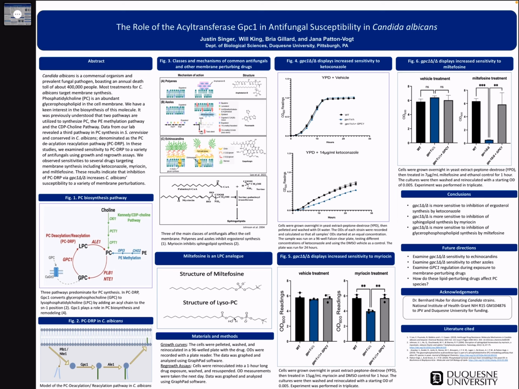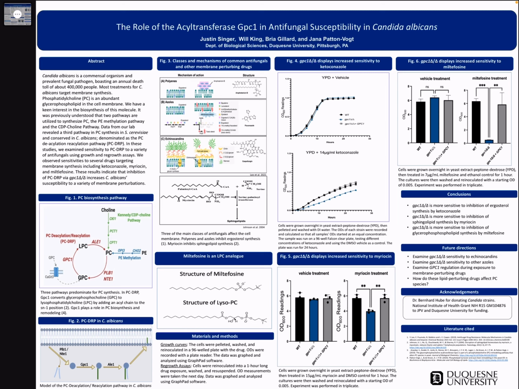For a little bit of background, Candida albicans is a yeast species that's a fungal pathogen, and it kills about 400,000 people per year. And most of the drugs for this are focused on membrane synthesis, or causing some disturbance in the cell membrane. This is important because Gpc1 is a protein that was discovered by a graduate student in